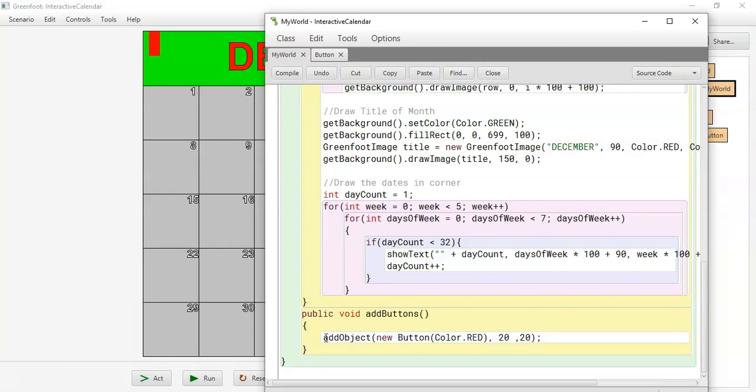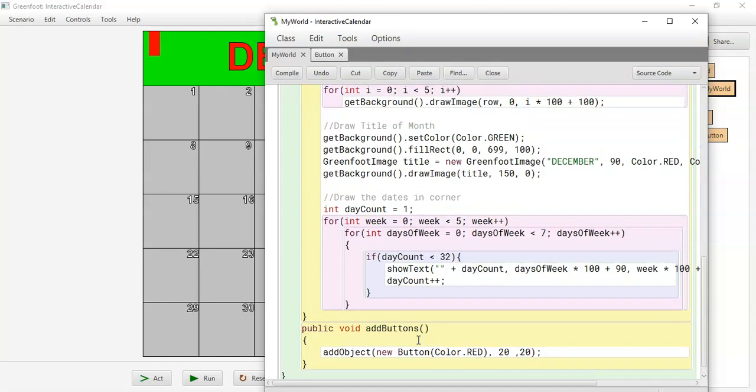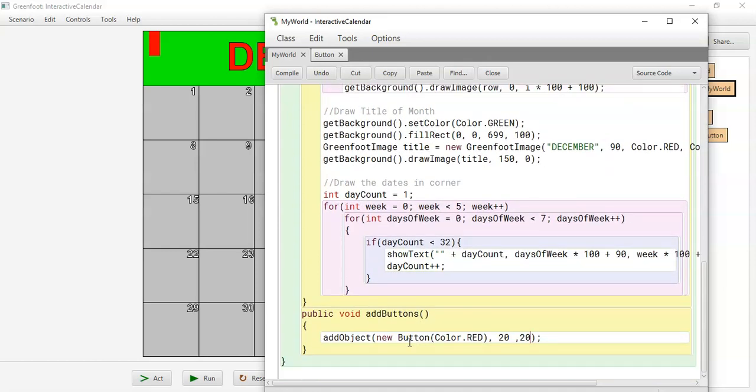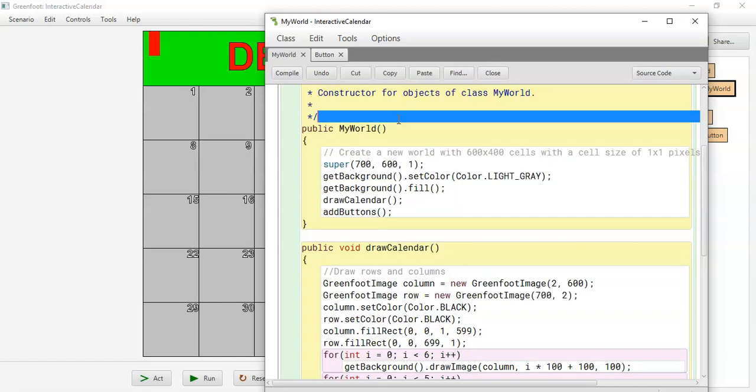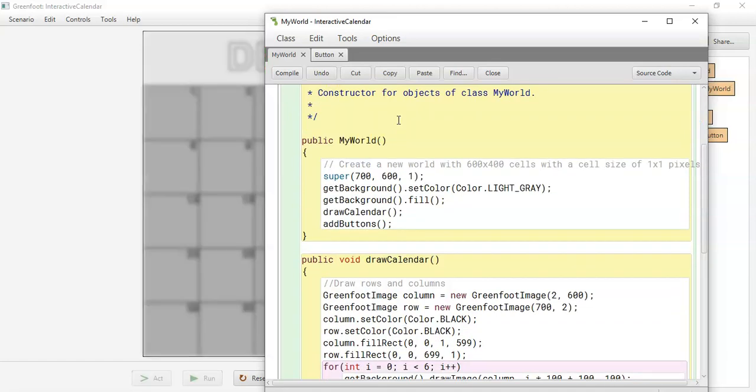Adding these objects in as a new color is fine, but it's better practice to declare this as a variable and then just add in the red button. And so this will give us access to it in the entire world. And so we are going to do button red equals